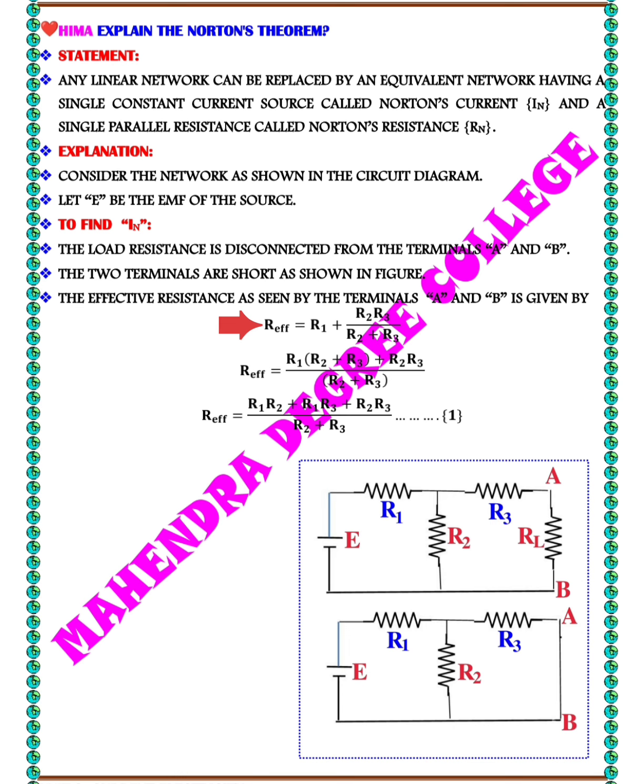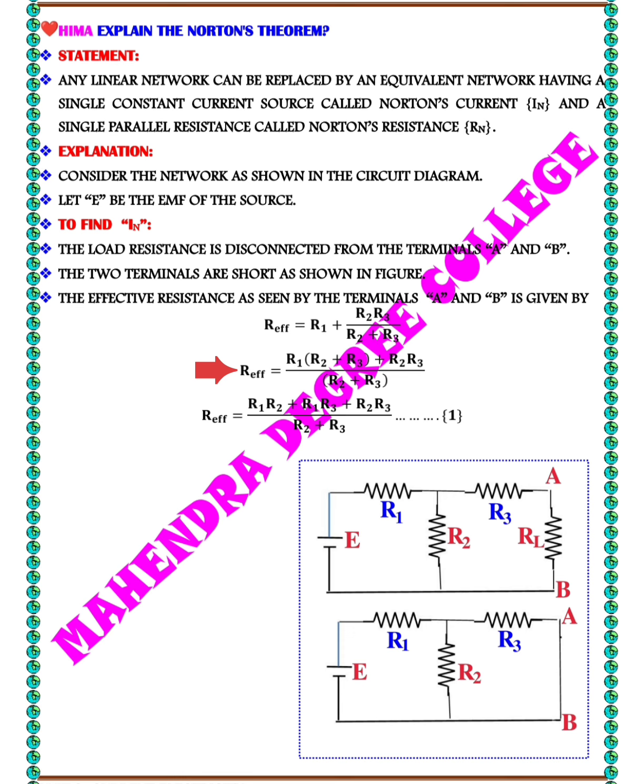In the next step, the denominators R2 plus R3 and R2 plus R3 cancel. So the remaining term in the numerator is R2 R3. The final result is effective resistance equals R1 into R2 plus R3 plus R2 R3, whole by R2